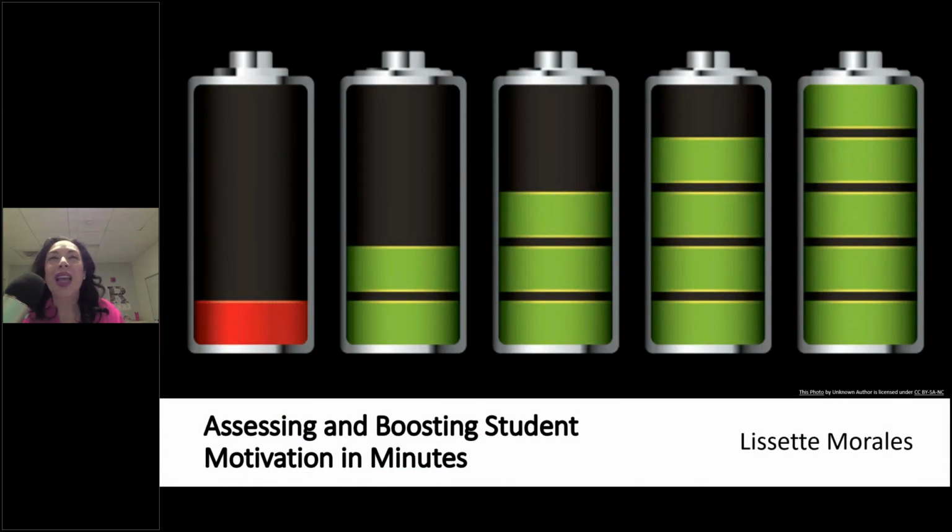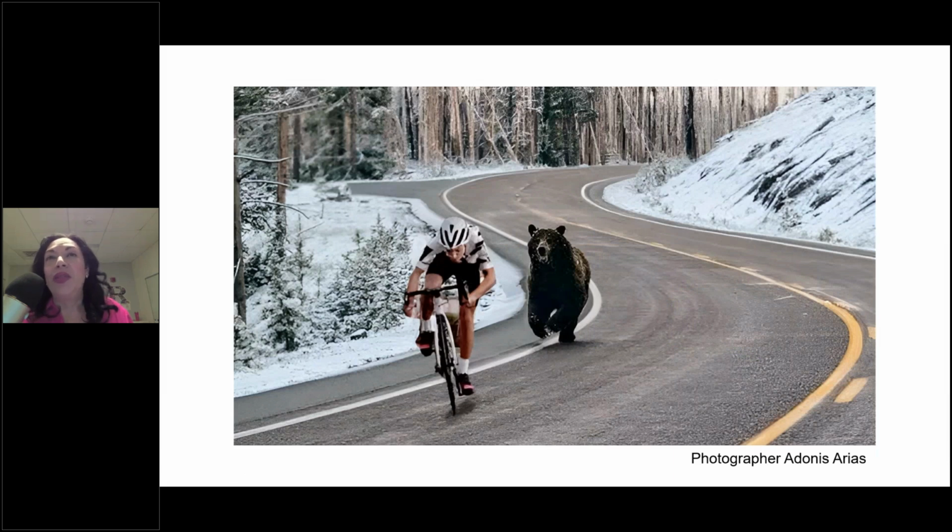All right, so thank you everyone for coming today. I just want to start by saying that I'll be the first to admit that some days it's hard to find motivation. And then there are other days when motivation finds us. But here's the thing, we can't rely on bears to motivate us. We need strategies, and strategies that make it easy to tap into something deeper, the kind of motivation that doesn't just push us to outrun the bear, but keeps us moving forward over the long haul.